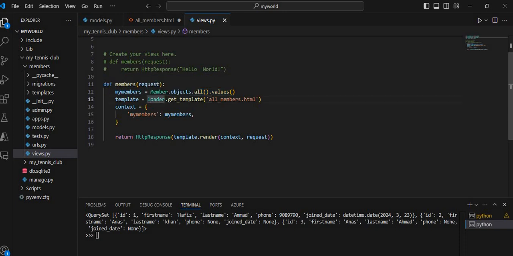उसके बाद मैं क्या कर रहा हूँ, ये जो फाइल है all_members.html, मैं इस फाइल को लोड कर रहा हूँ, ठीक है। Template loads the all_members.html template. I am going to load this to template, and then create an object with name context, and containing this context my members object. अपने my members object होंगे वो इस object context के अंदर है जो कि एक डिक्शनरी है।